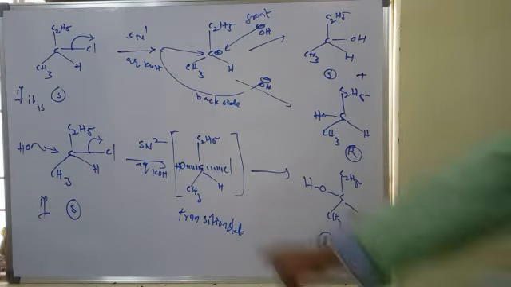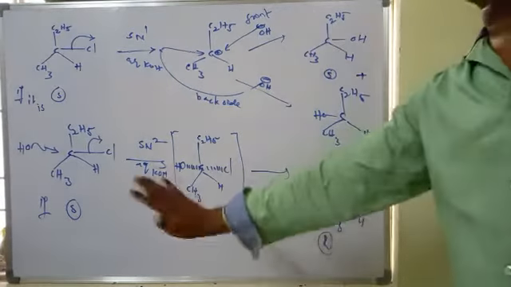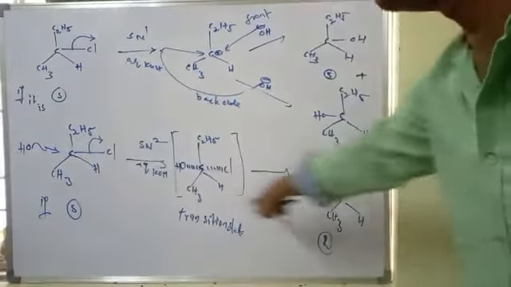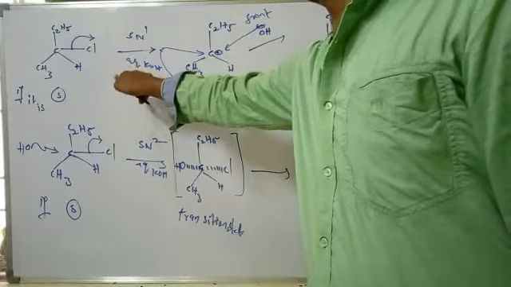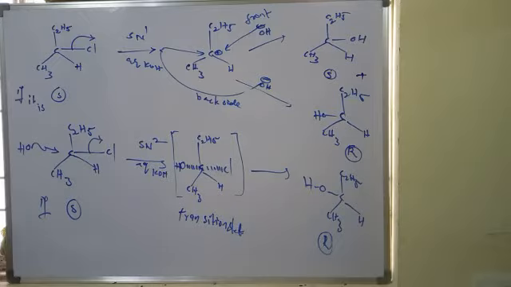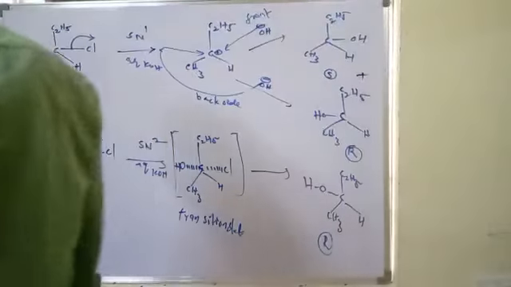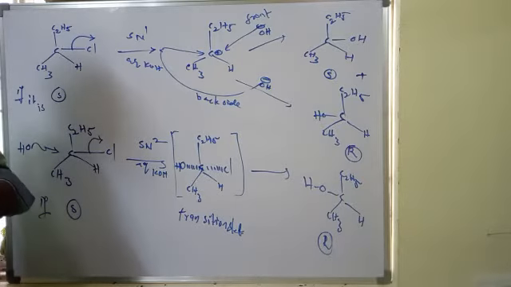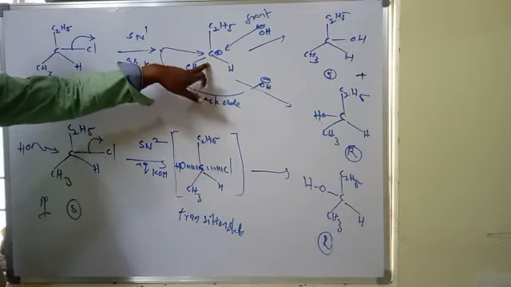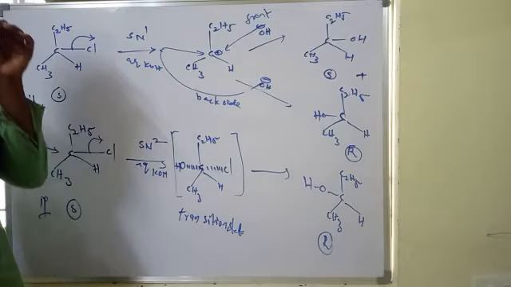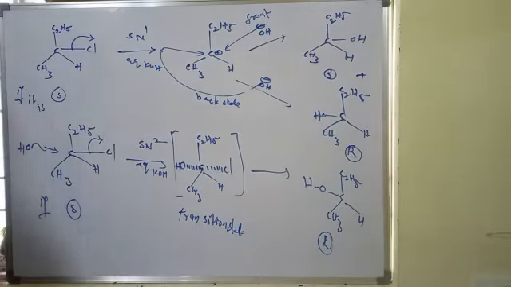If it participates in the SN2 mechanism, there is no carbocation intermediate, only a transition state. This is considered a single step, but SN1 has two steps: the first step is the slow step and the second step is a fast step. SN1 is a two-step mechanism, SN2 is a single step mechanism. Always, when you compare SN1 reactivity, if the carbocation is more stable, it is fastly reactive in SN1. If the carbocation is less stable, it is slowly reactive in SN1.